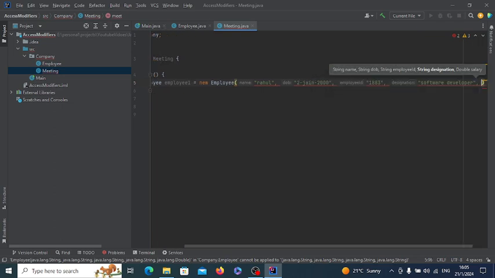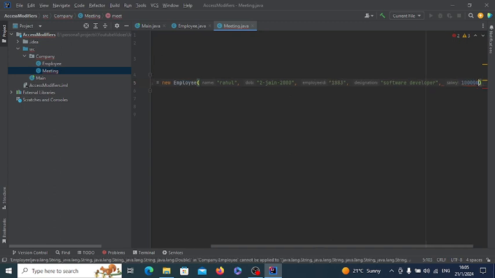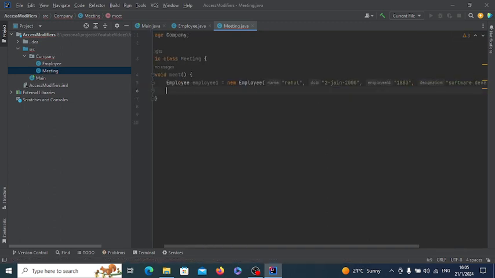And let's say we are paying him a handsome salary, let's say 1 lakh per month. So let's create one more employee, guys. Employee2, let's say his name is Jack. Okay, sorry, I typed channel instead of change. Let's say his employee ID is 1821 and he's a senior software developer,